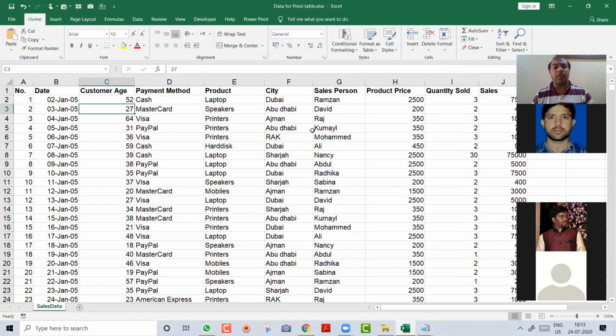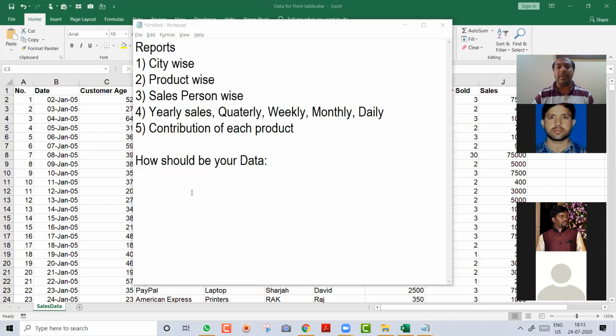Your data should be clean, which means no spelling mistakes in your data. I will take 2 more minutes and then we will start the practical. There should be no spelling mistakes. I will tell you why.